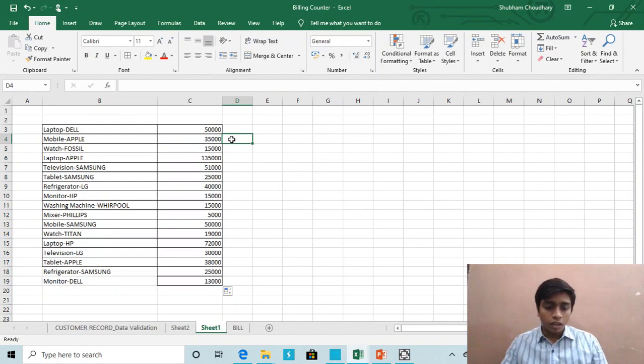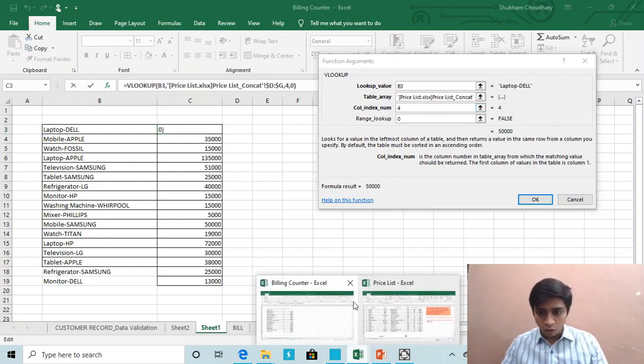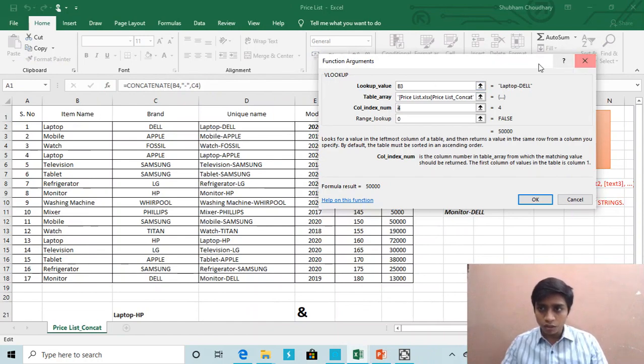Now in case, let's see, if we want the product code, then what can we do? We just have to change this column index number. Right now it is 4 because the price is at the 4th column from the unique name column. If we want the product code, let's see where it is.